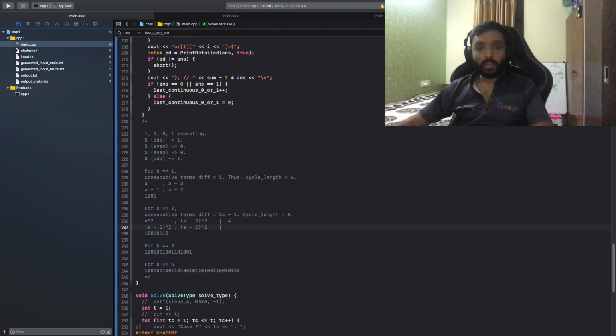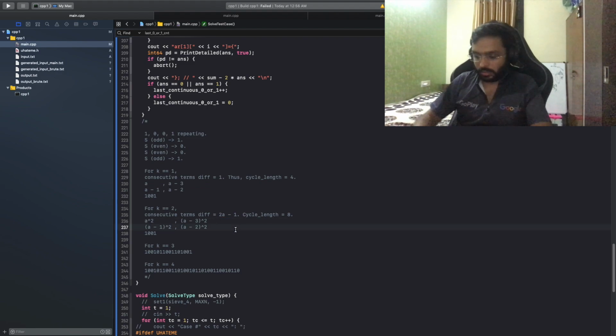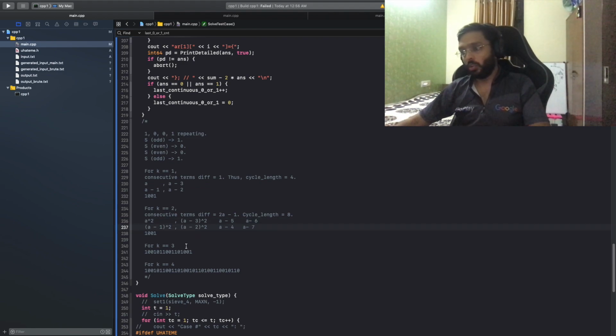So what I can actually do is reciprocate this entire thing one more time, but starting from my friend's side. So now what I will do is the a minus 4 term, I'm not writing the whole square thing, will go over here, the a minus 5 term will go over here, the a minus 6 term will go over here, the a minus 7 term will go over here.